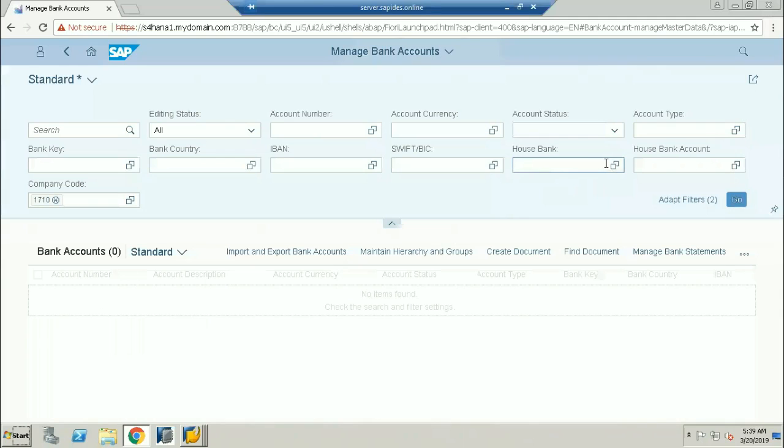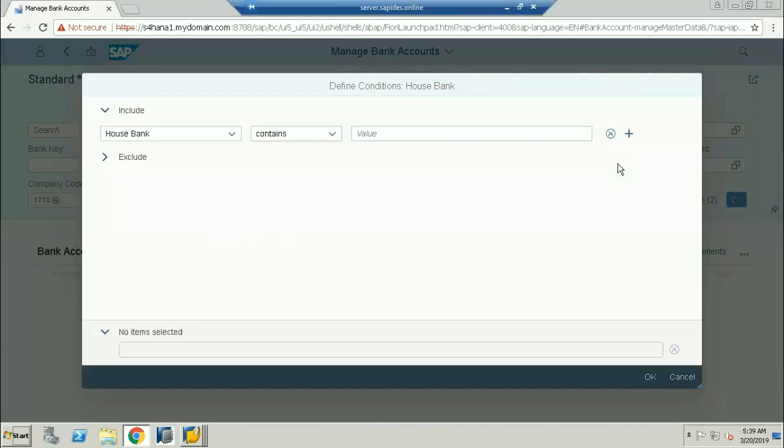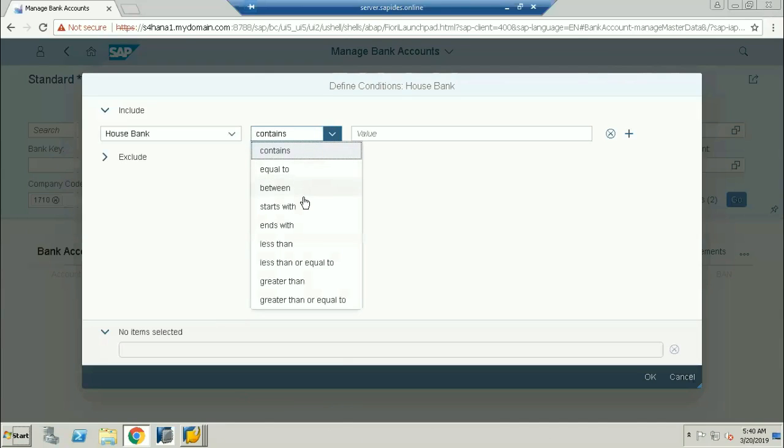Now I'll go to the search. I want to look for the house banks. Yes, very good. Here you have to give the matrix, which is greater than or equal to, or between, or starts with, or whatever may be.